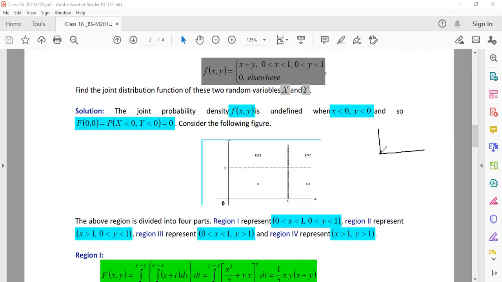Now you can think that when I started with the probability function, we talked about a 3-dimensional figure, but here I have not drawn any 3-dimensional thing. I don't want to, because I am only interested in knowing this particular base on which the structure would be erected. That base is being shown to you. The shaded region has been divided into 4 parts.